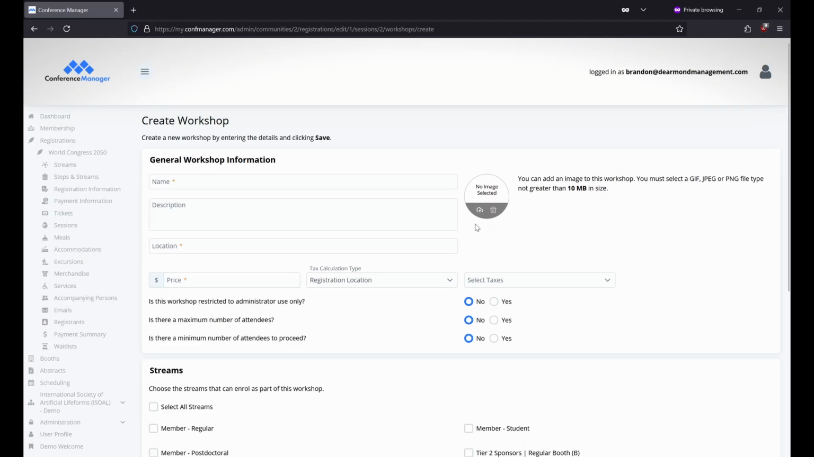You may add an image for your workshop, and you must select a GIF, JPEG, or PNG file type, not greater than 10 megabytes in size. Beside the price field, select your tax calculation type and choose the applicable tax types. If you select Yes for "Is this workshop restricted to administrator use only," then only admins will have access to